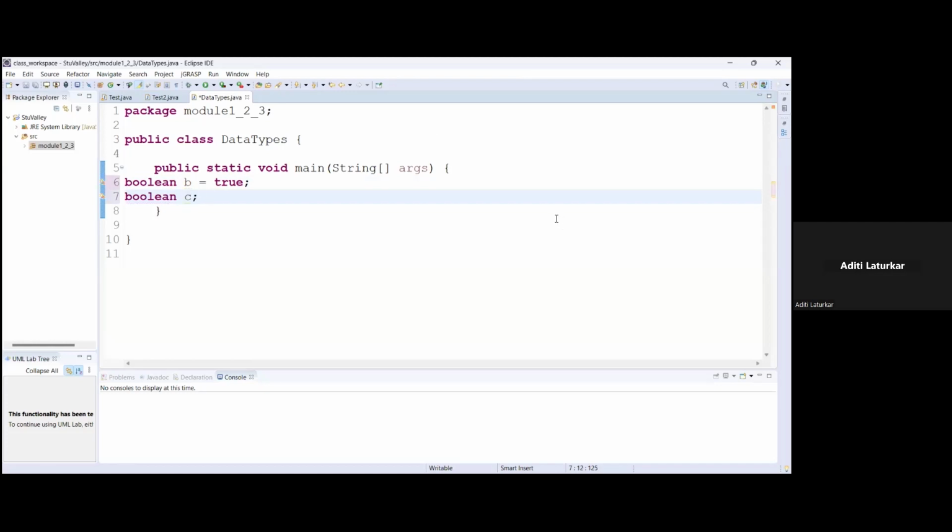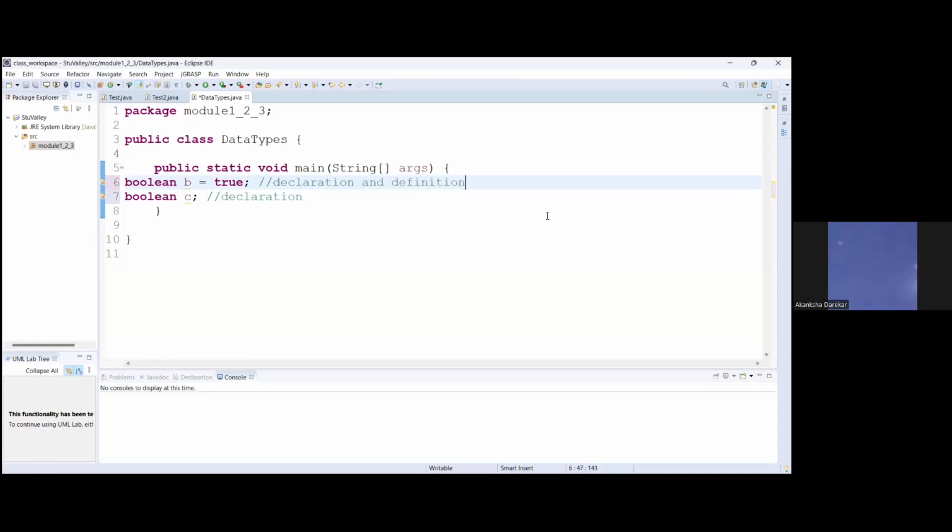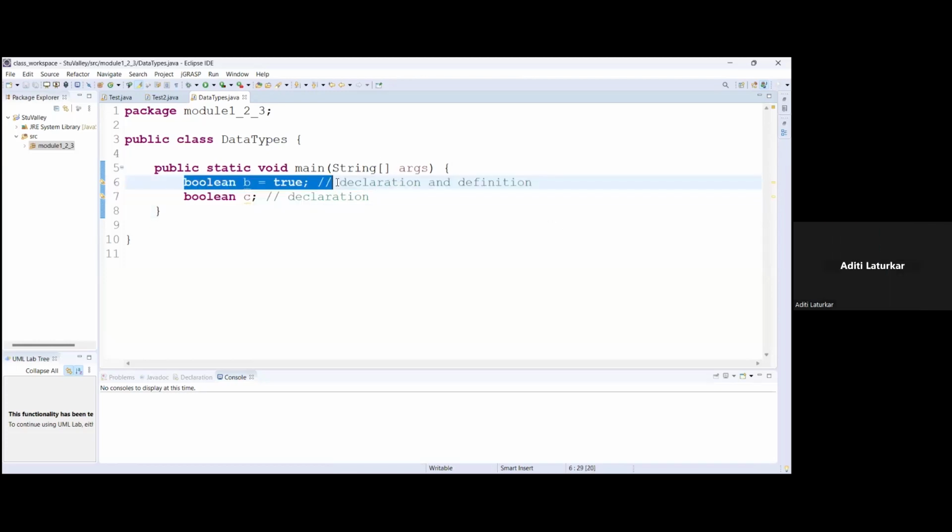So this is a declaration of a variable, and this is declaration and definition. When you are giving any value to a variable, that value is considered the assigned value. If you are not giving any value, then the default value for this Boolean data type is false. So the default value gets stored for this Boolean